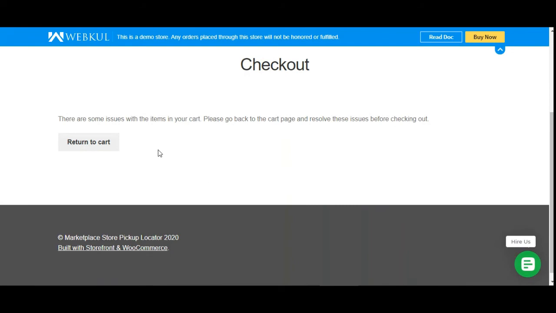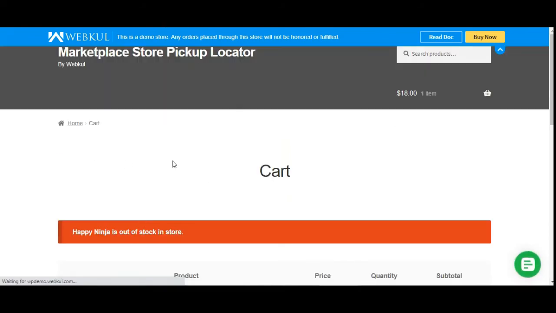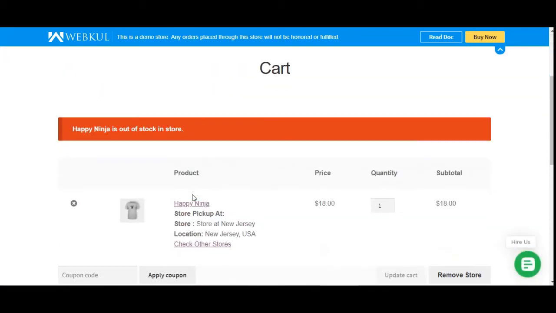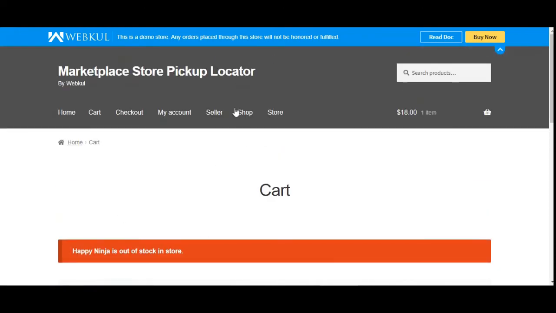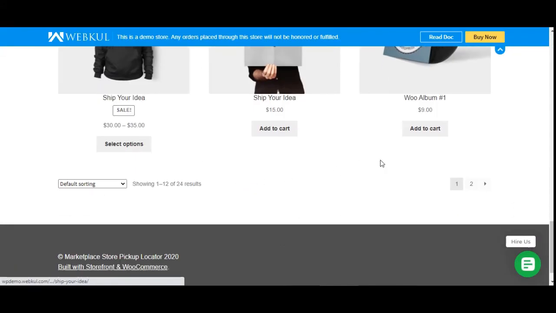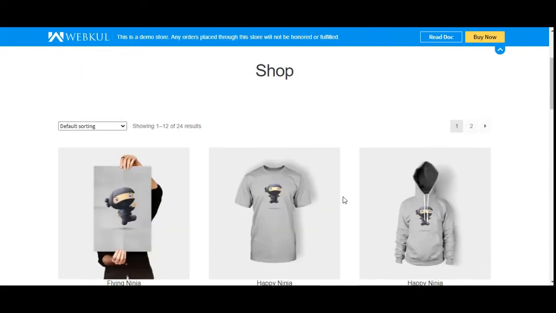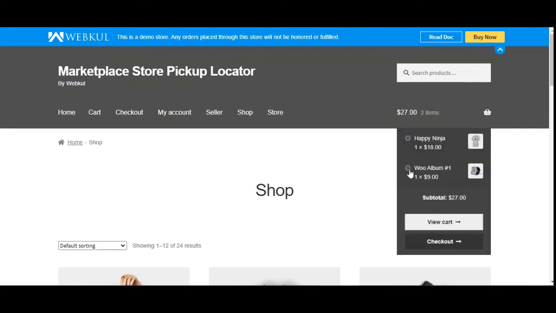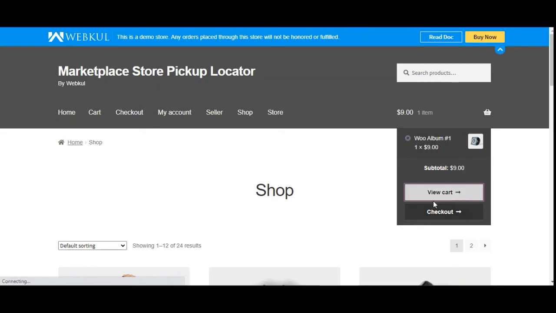And on the checkout, alright, I have some issues with the items within our cart. So it's basically out of stock right now. So what I'll do is I'll just add one more product, I'll go to the shop page, and let's choose the Woo album. Now let me remove the Happy Ninja. Let me tap here on the view cart,